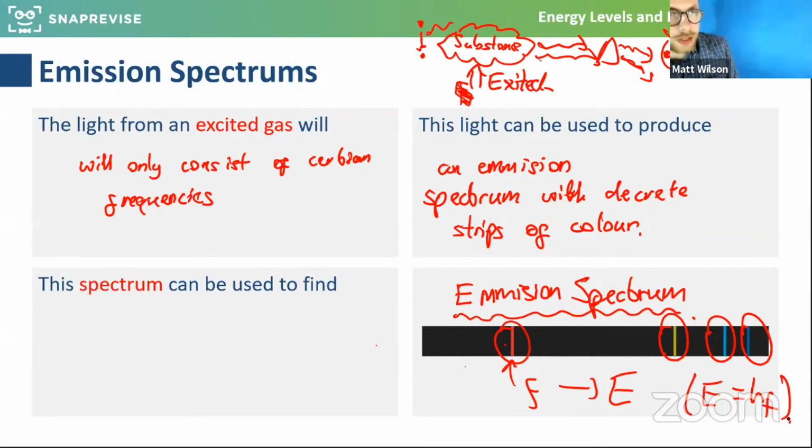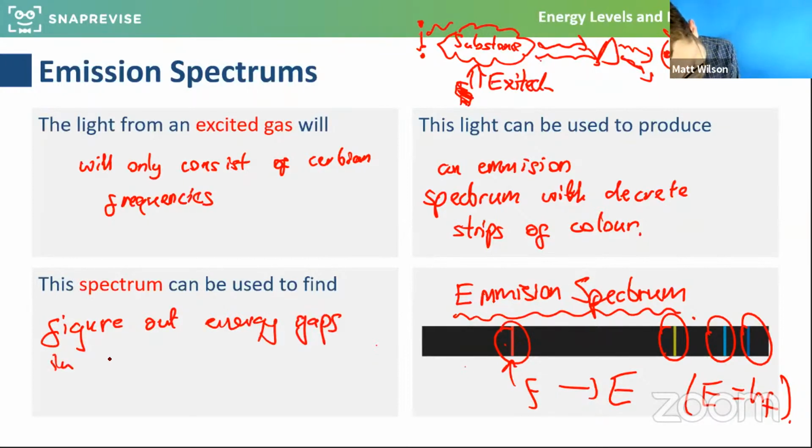So this spectrum can be used, just like with absorption spectra, to figure out energy gaps in the substance,